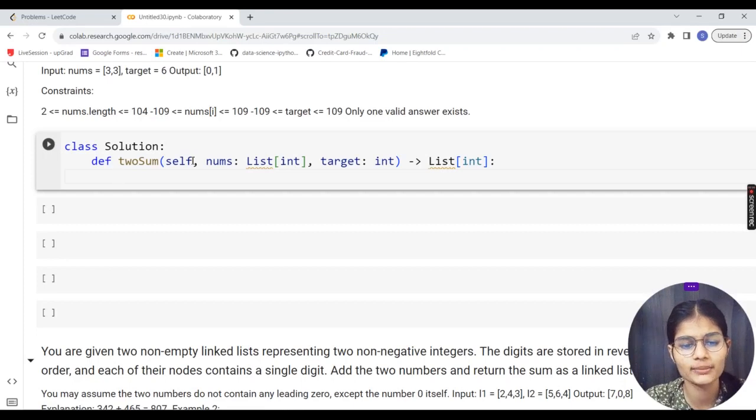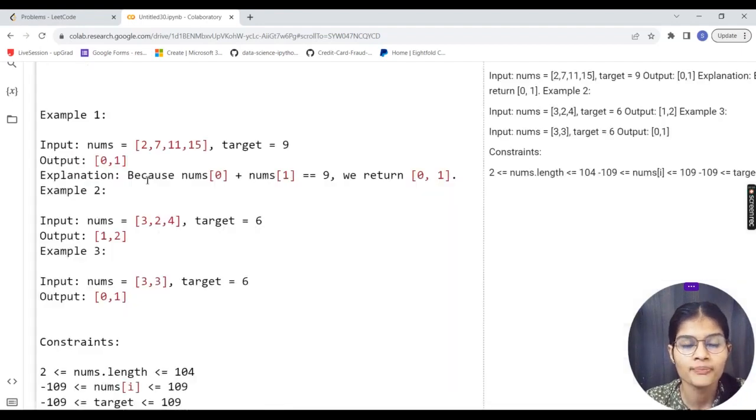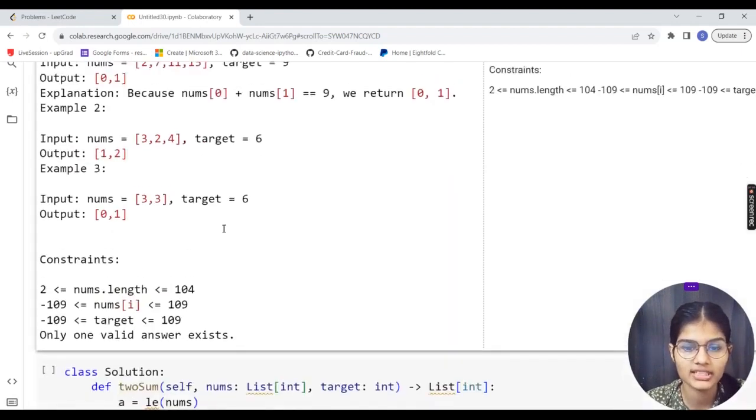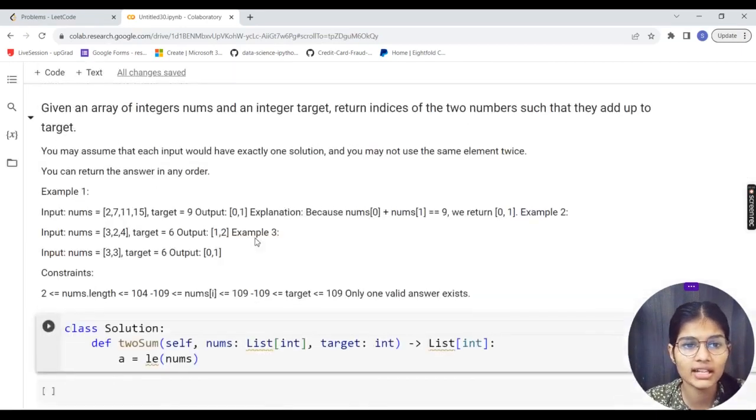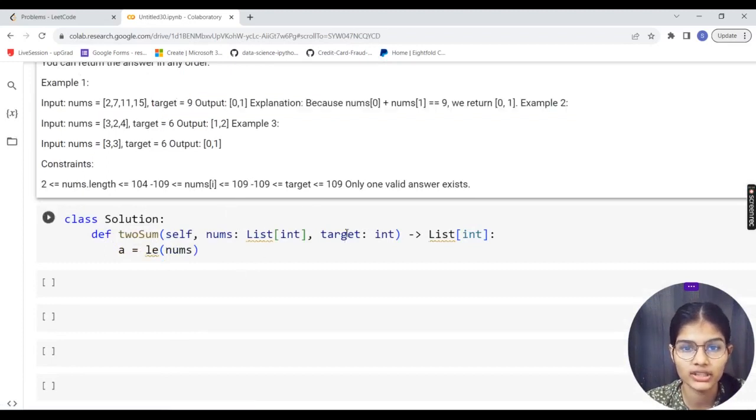Now what you could do, you can just simply take, let's say, a variable, and I am now going to take the length of my nums. So nums is the variable which I have made over here, and that is referring to my list of integers. I have taken nums because nums is already defined for the input, and in the same manner we have a target as well. Both those things I have just taken from here only.